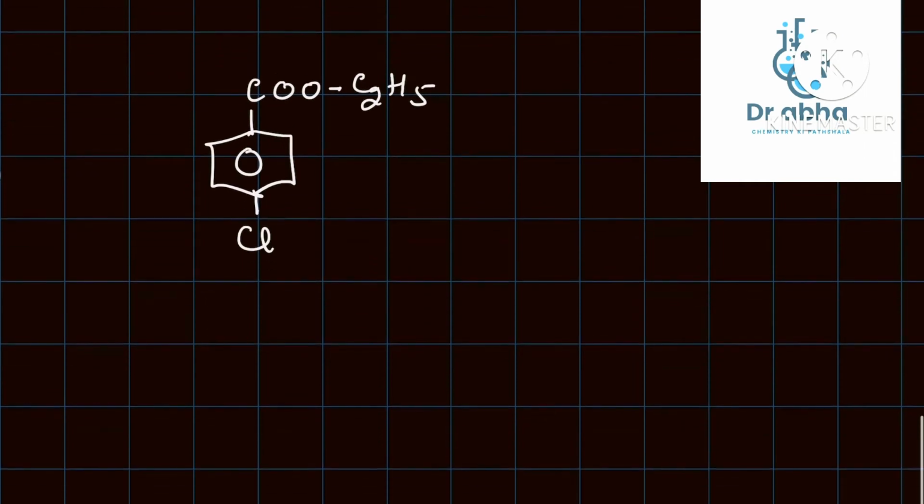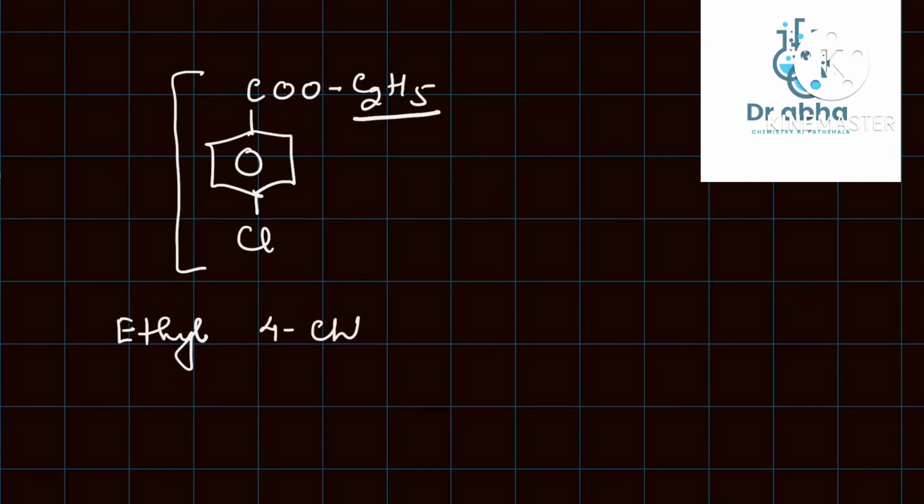The last one with benzene, I have taken a functional group, that is ester. So this becomes ethyl and this becomes alkanoate. So the name will be ethyl, the part which has come from alcohol. You should study the nomenclature of esters separately and well. This is ethyl. Okay, on the benzoate part you have 4-chlorobenzoate. 4-chlorobenzoate. Please mind it, no hyphen will be used here.